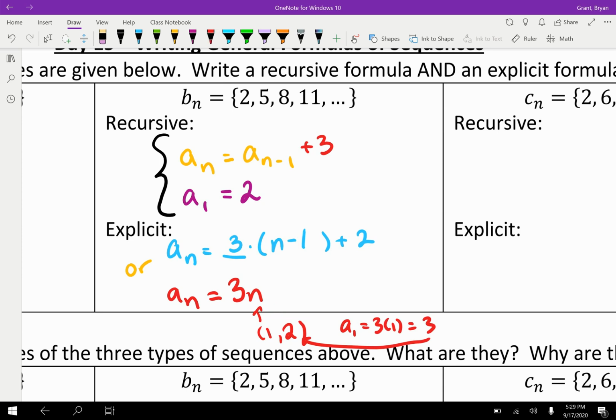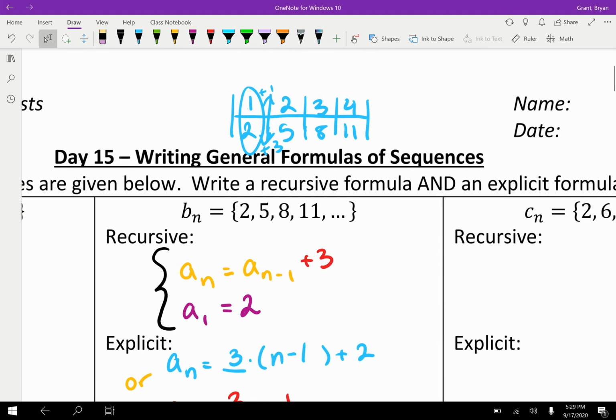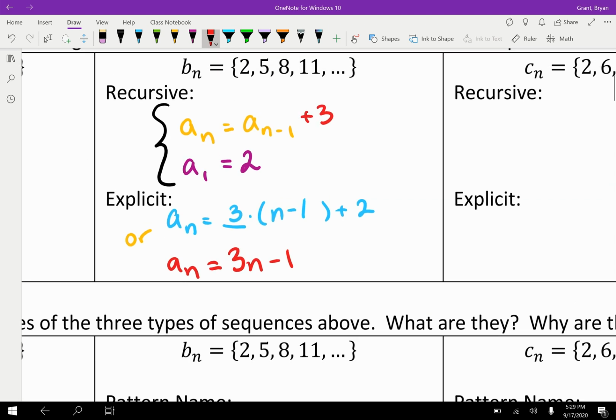So how do we get from 3 to 2? I think I need to subtract 1 here. And I think that will probably be our mx plus b, or our slope-intercept form for this sequence. However, once you do that, you always need to check another term. So let's check, I don't know, the fourth term. Why not? If I substitute 4 in here, 3 times 4 minus 1, 12 minus 1 is 11,